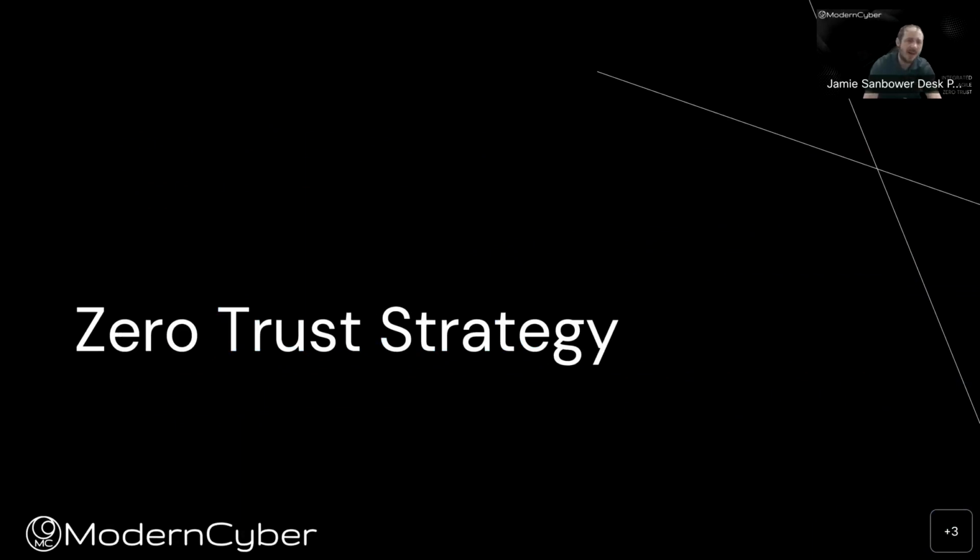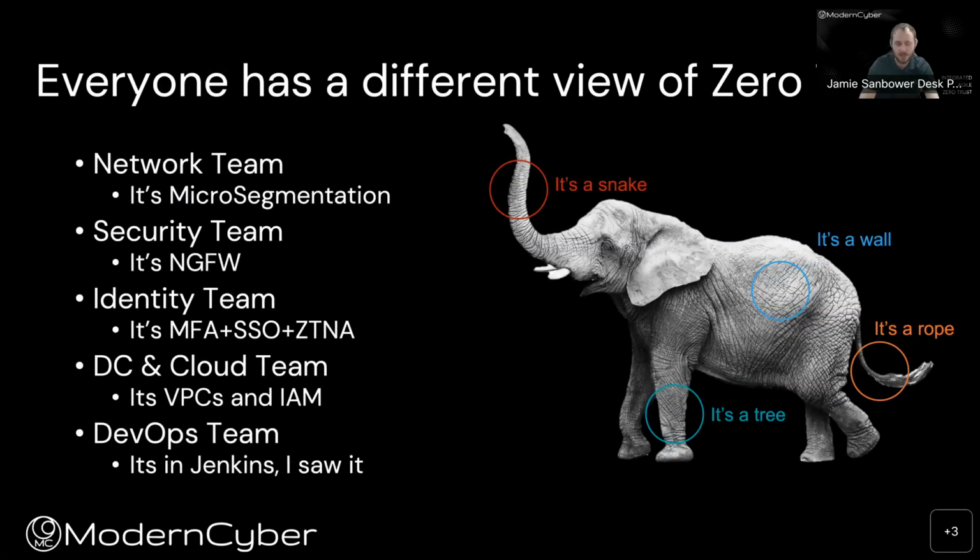Zero Trust can help organizations take a different approach, and it starts for many organizations on the strategy side. What does Zero Trust mean to my organization? One challenge that we see in many organizations is we still fight to understand how the different teams might perceive or look at Zero Trust from a strategic point of view.